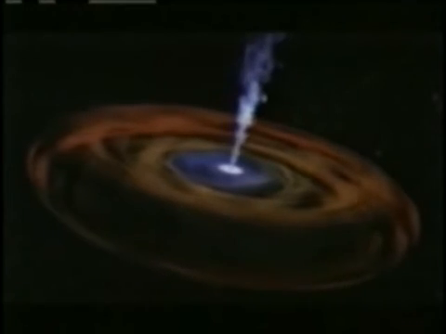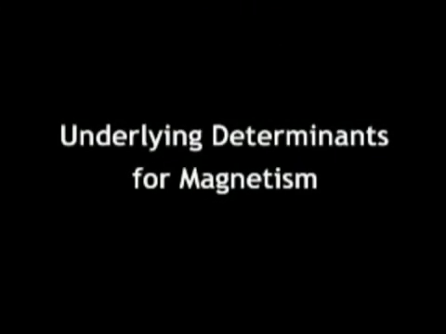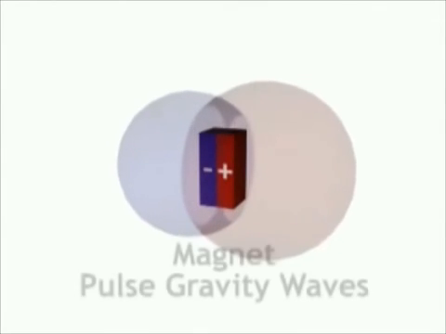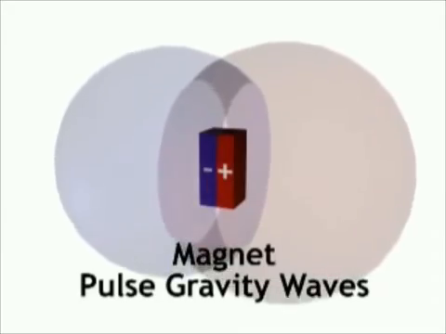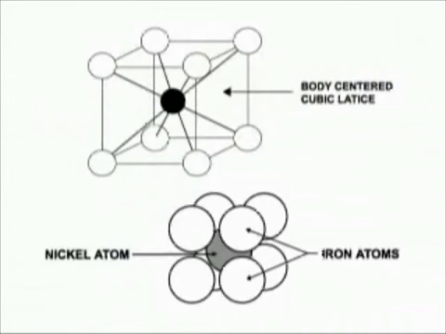The cosmic matrix displacement model asserts that there are underlying determinants for magnetism that reveal the properties of the quantum vacuum, that generate pulse gravity fields in the VS1s. If we could see the body-centered or face-centered cubic lattice of iron atoms,